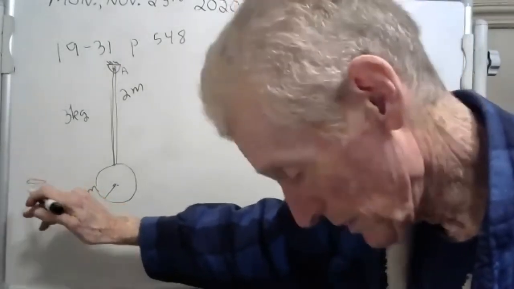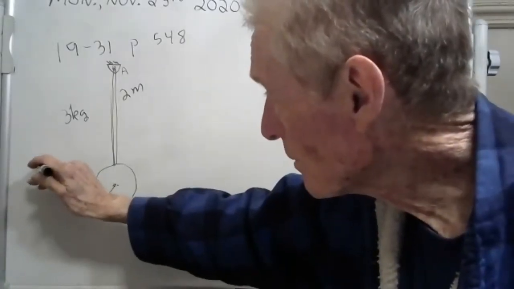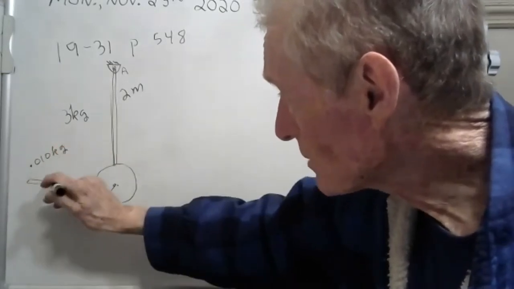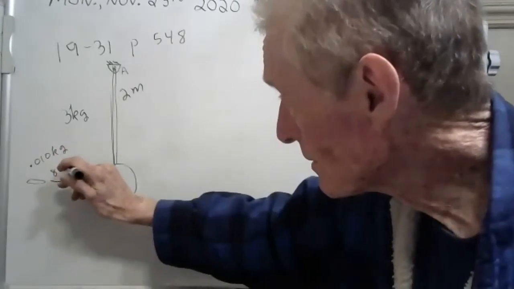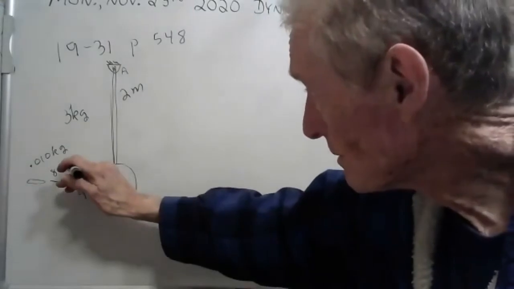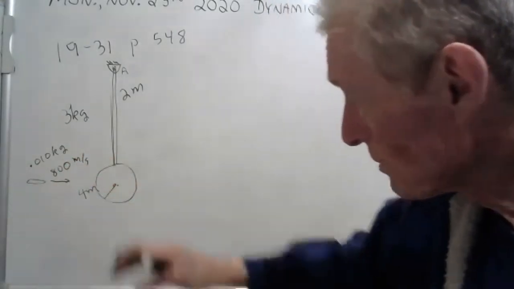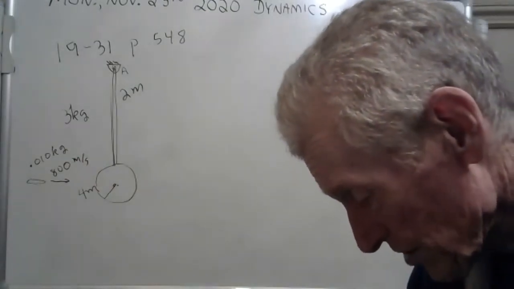It has a mass of 0.010 kilograms, and it's traveling 800 meters a second. So it's coming in here, and I guess that disc is made out of